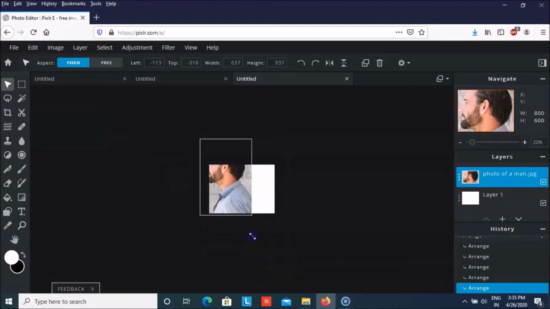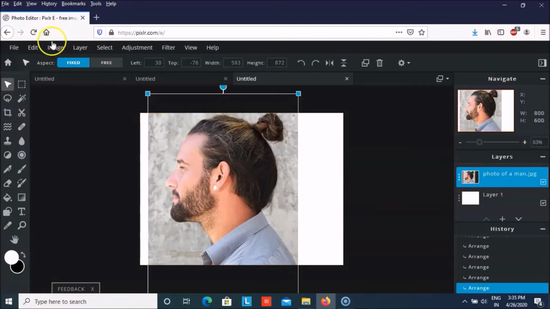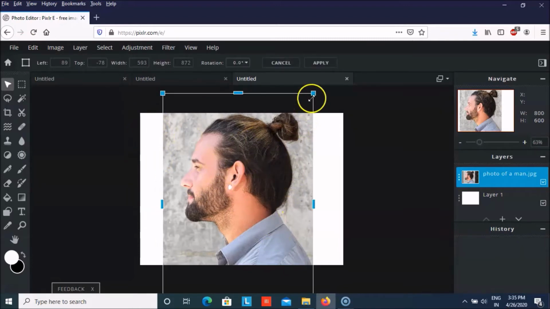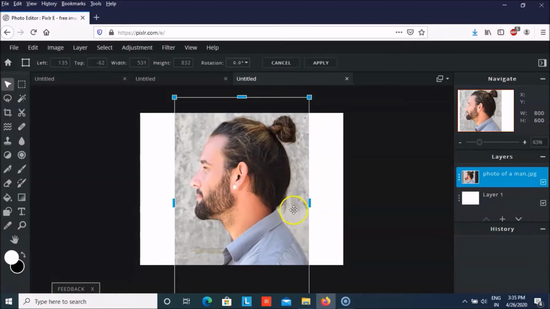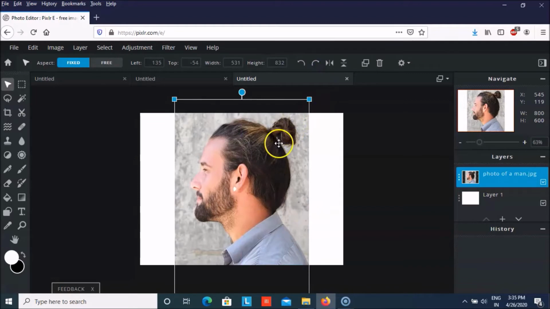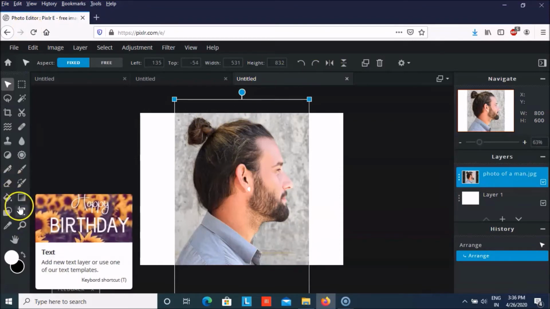But before that, let me just make it a bit smaller. And now let us free transform this image. And then we can apply it, and let me just flip it horizontally towards this side. And now let us grab our eraser